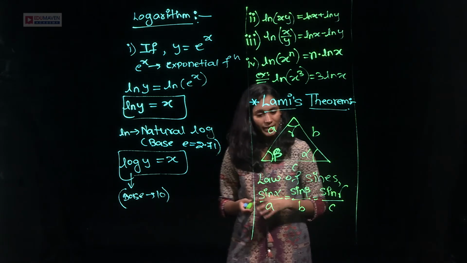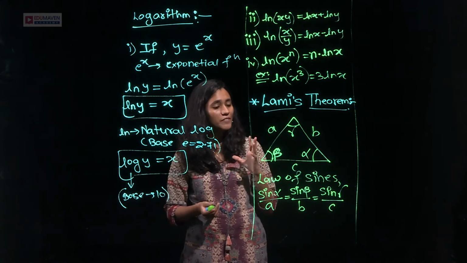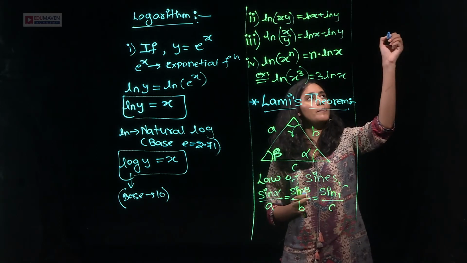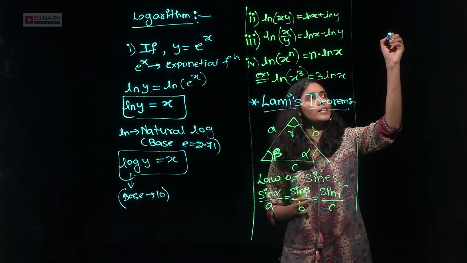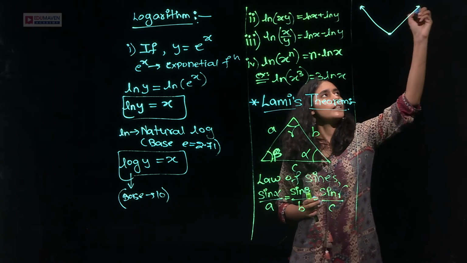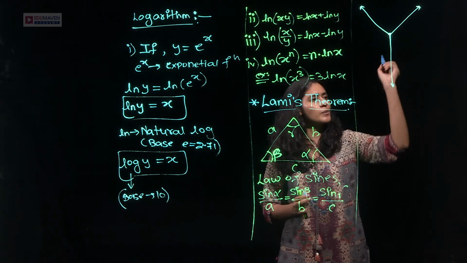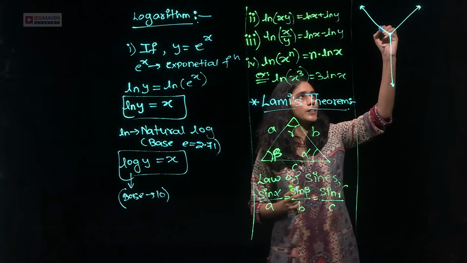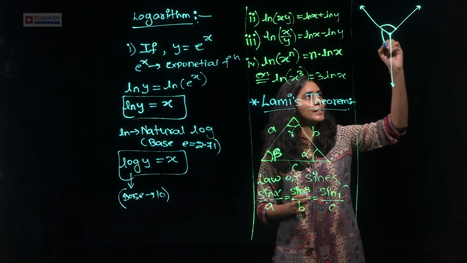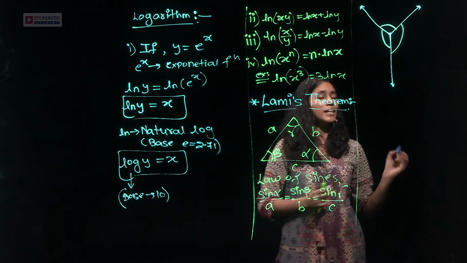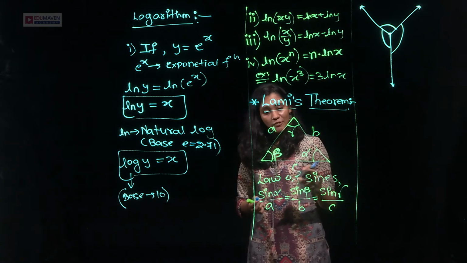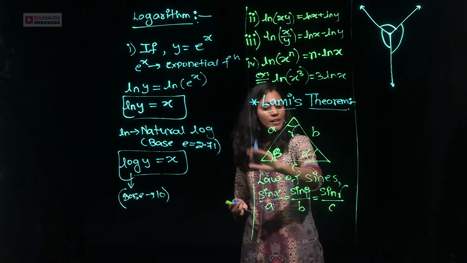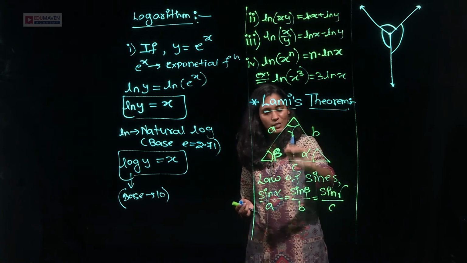In physics, we can use this when, suppose, we have three forces at equilibrium. For example, this is one force, here is another force, and this is the third force. Now you can see these are the angles made by them, with forces F1, F2 and F3. Now how to take F1, F2 and F3? As we have taken alpha opposite to side A, beta opposite to B and gamma opposite to C,